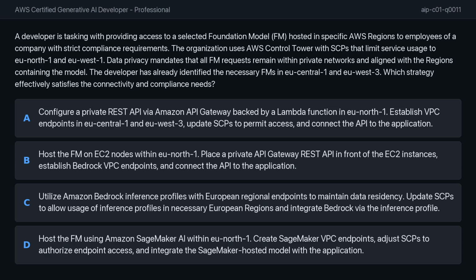Option C. Utilize Amazon Bedrock inference profiles with European regional endpoints to maintain data residency. Update service control policies to allow usage of inference profiles in necessary European regions and integrate Bedrock via the inference